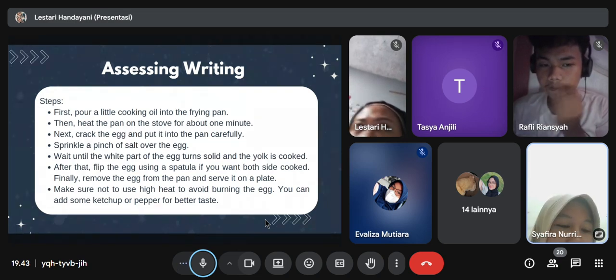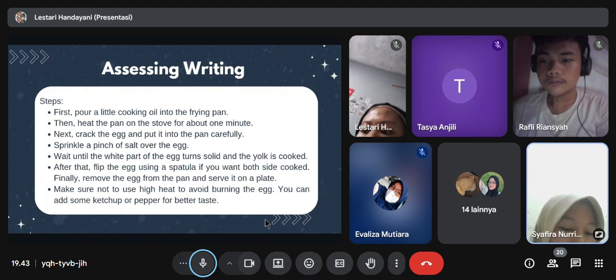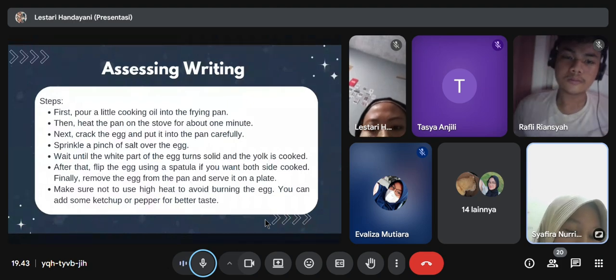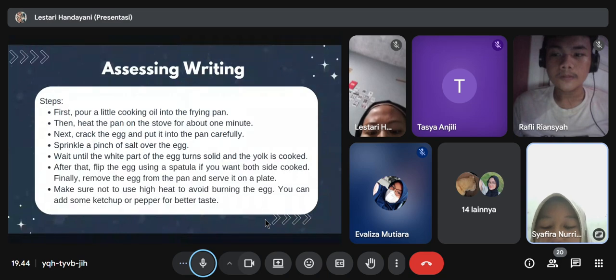From this example of instructional text, the points to measure are the purpose, steps, language features, grammar and tense usage, technical vocabulary, text cohesion, and mechanics, including attention to spelling.